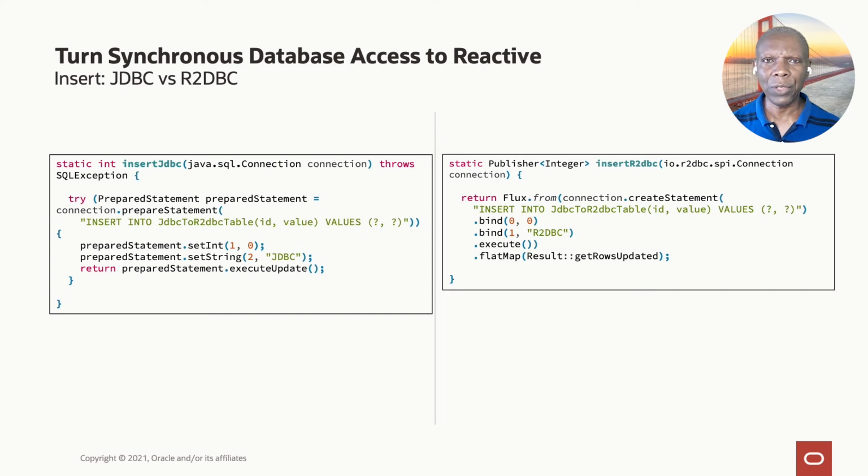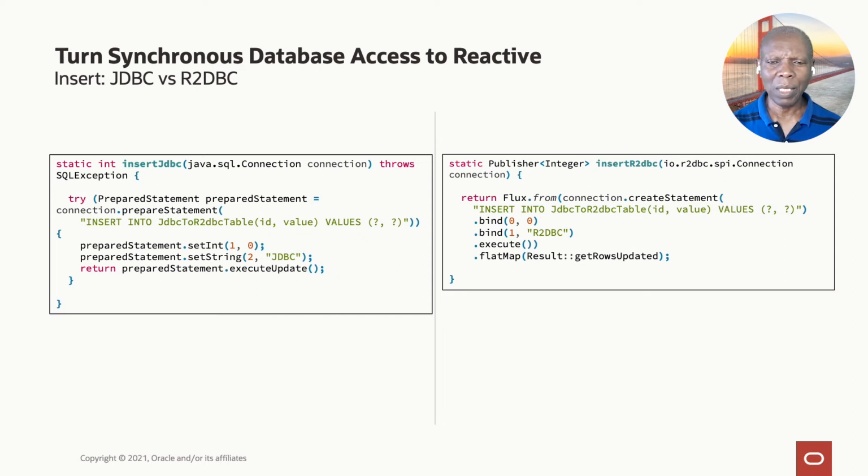We are looking at the insert statement here. On the left side, JDBC, we get the prepared statement, and we are doing the insert into the table. We are giving the values to the integer and the char, the first column and the second column. In JDBC, the first column starts with 1, the second column is 2. And so we are setting the values for the bind variables and executing the prepared statement.